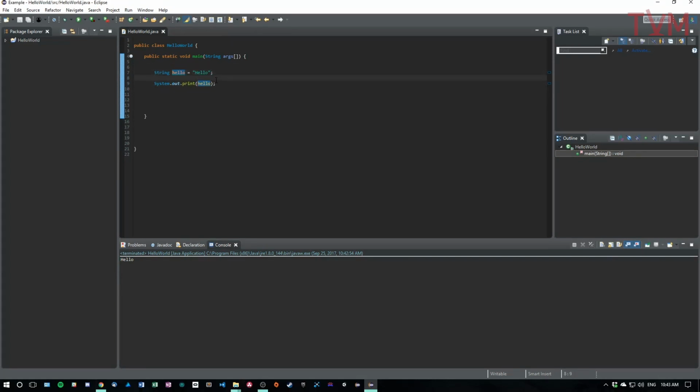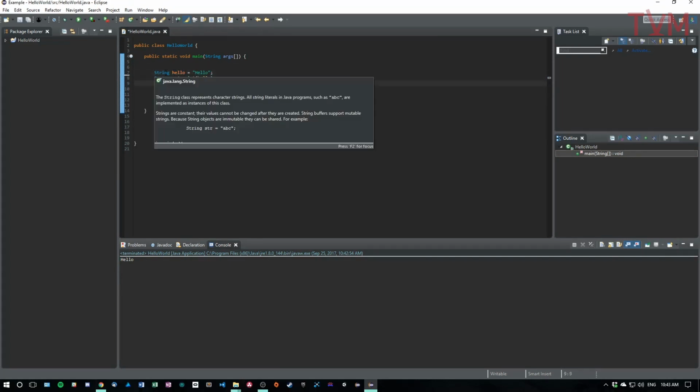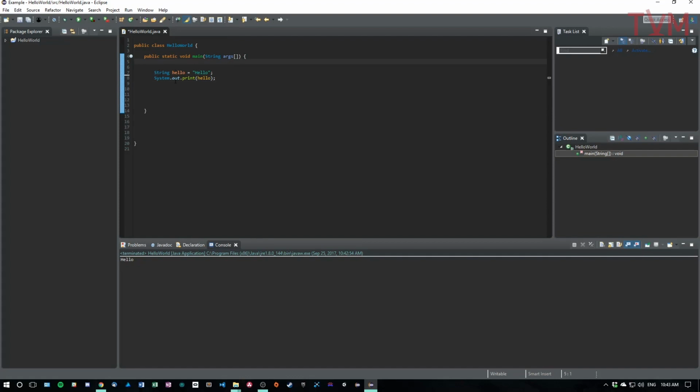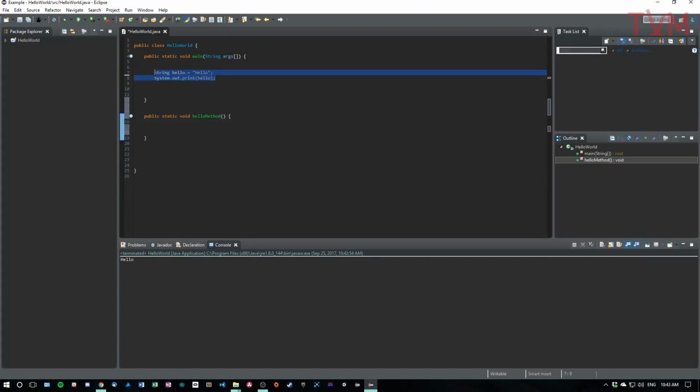But maybe for some reason we want to do this more than once and we don't want to have to type two lines every single time we want to print hello. Here's something you can do. We can make a method that does this for us and then just call that method later on. So we're going to write public static void, and we're going to call this helloMethod. Open close brackets, use the curly brackets like so,